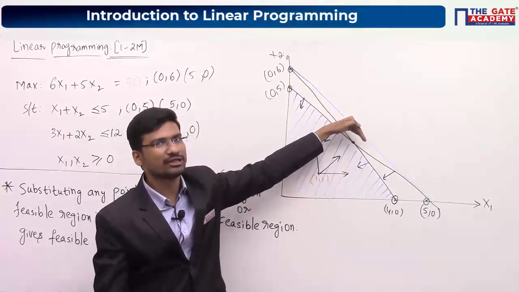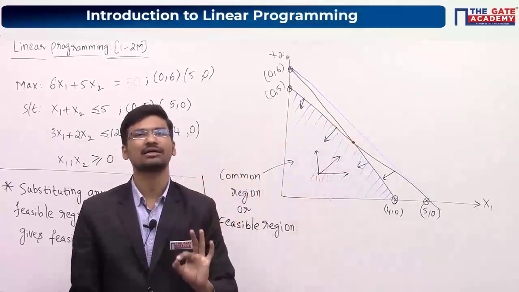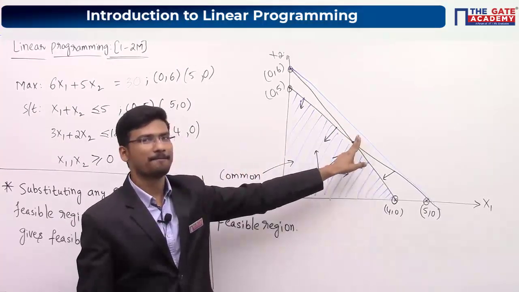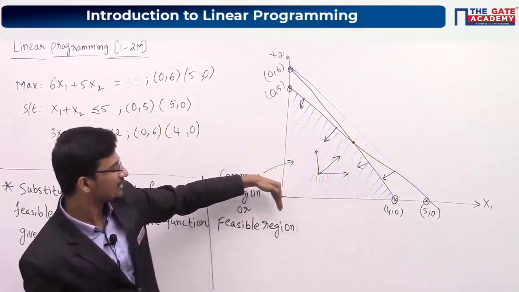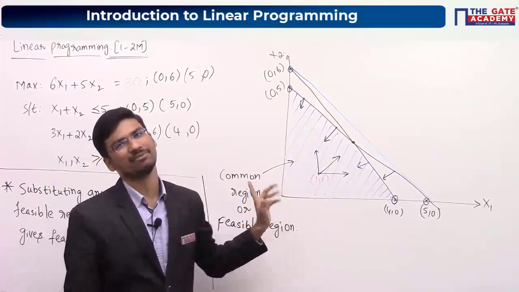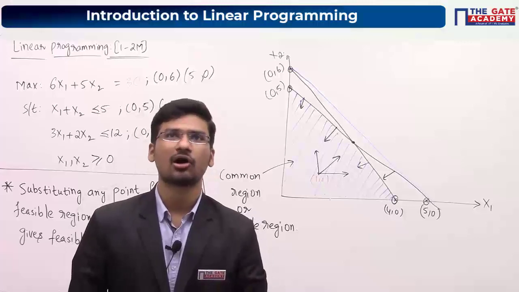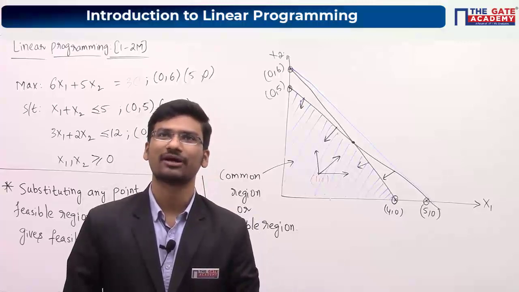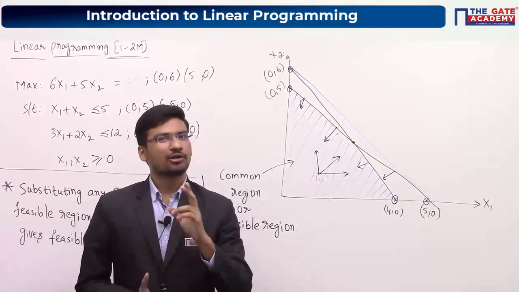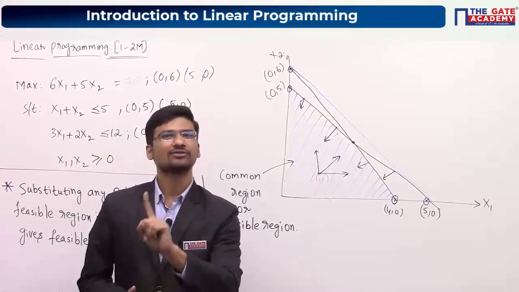So whenever it is moving in this direction, definitely it will be touching the corner points only. Whenever it is touching the corner point, that will be your maximum value. Before leaving the feasible region, it will be touching this particular point. So this will be your minimum value. So corner points contain both maximum value and minimum value. Very good. Yes, you can conclude that.